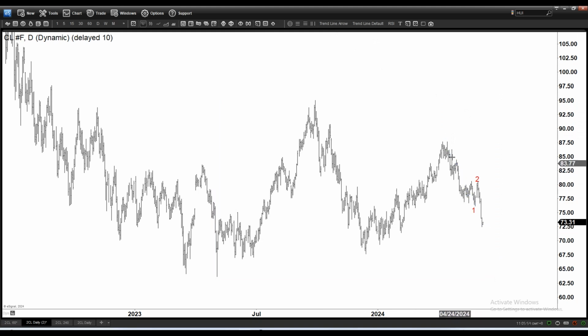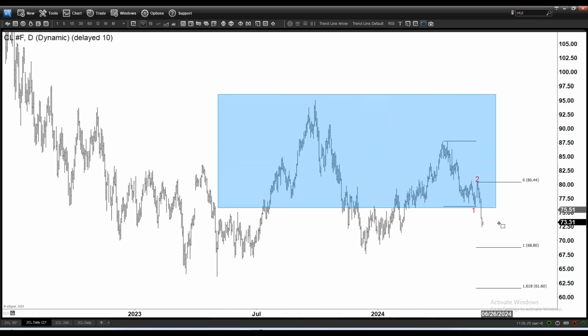but if we focus only on this sequence right here, then we can see what looks like a 1 2 or at least a lower low. If this is not 1 2, then this is an AB or WX, it doesn't matter, but it's a lower low sequence. And if you measure the extension lower, potentially it might go all the way down to 68.80, which is the 100%.